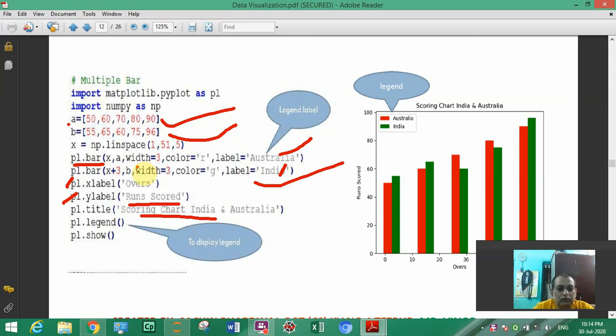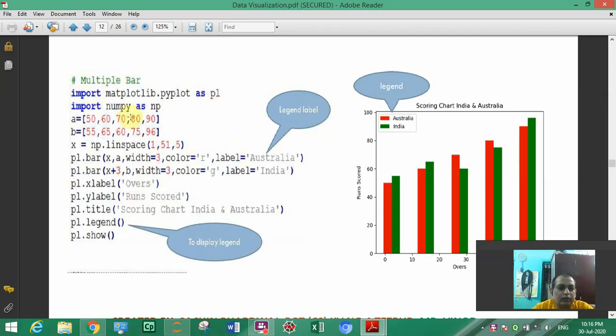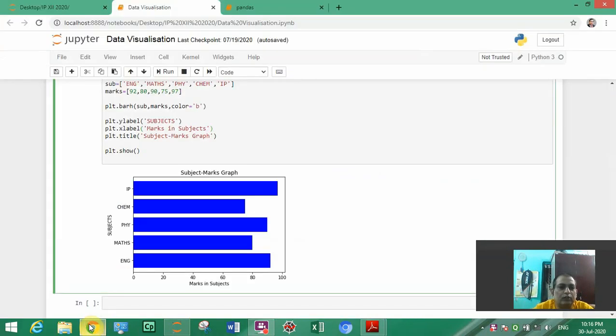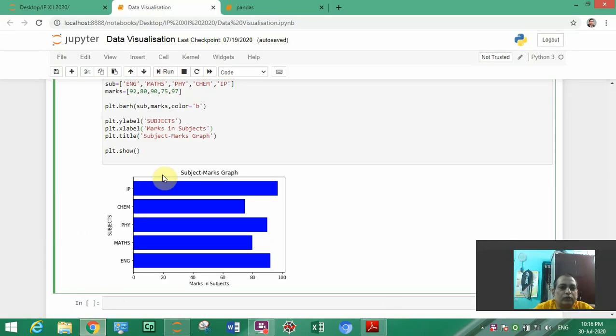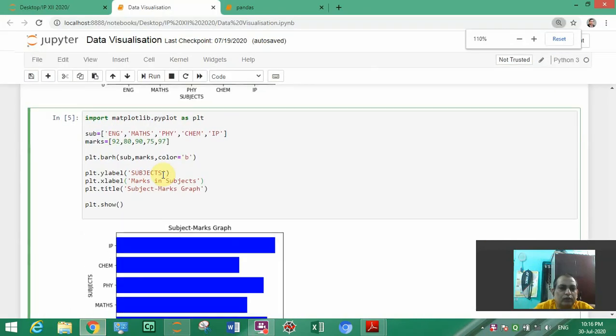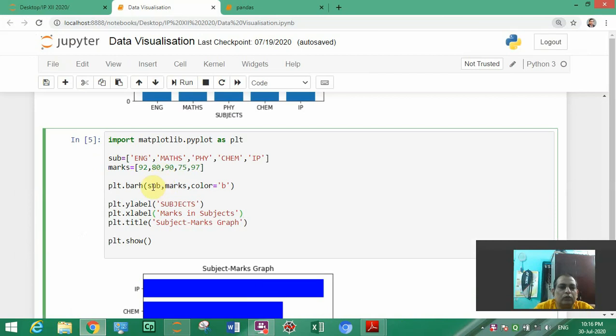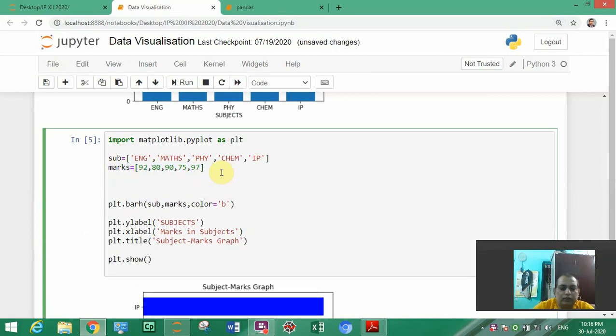Okay, so I will come back to our program, and what we have to do, suppose we are going to make this. I'll write again the marks.